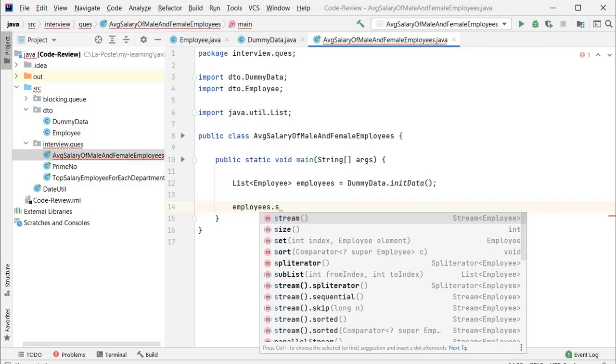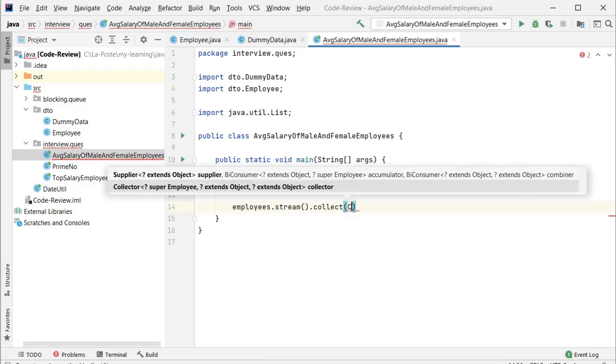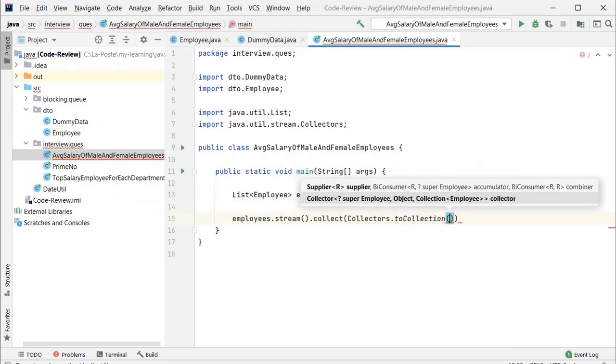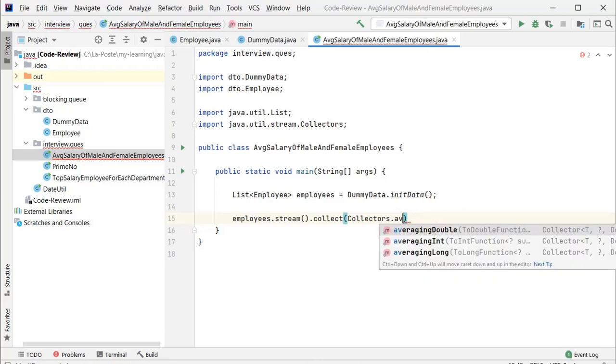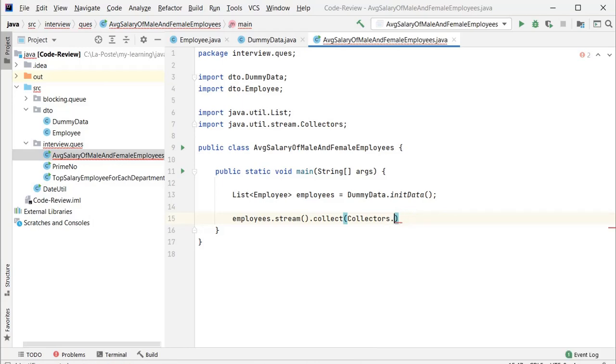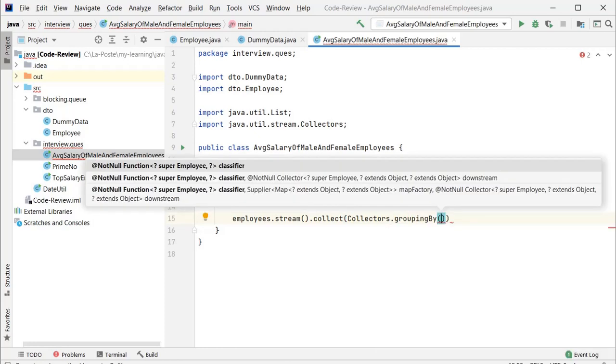I'll use the stream here, stream.collect, and from here I'll use Collectors.groupingBy. Here I will provide the field on which I want to perform the grouping.